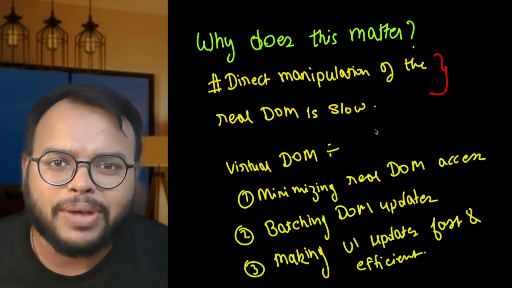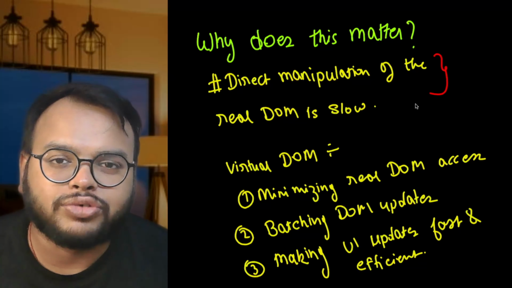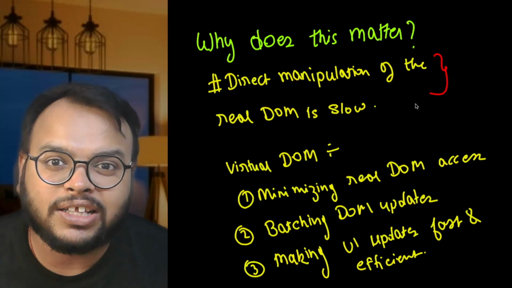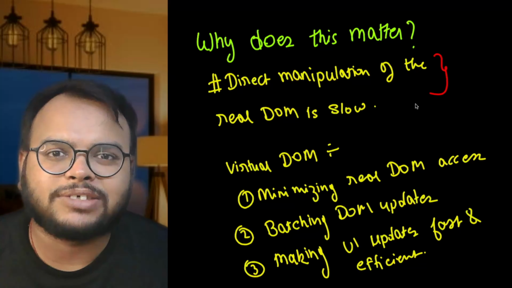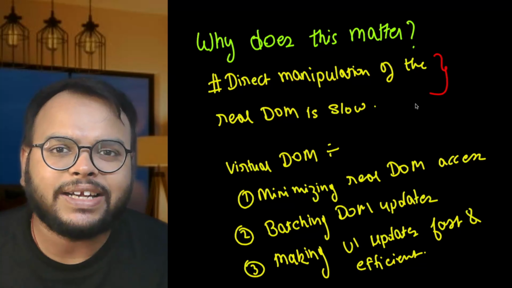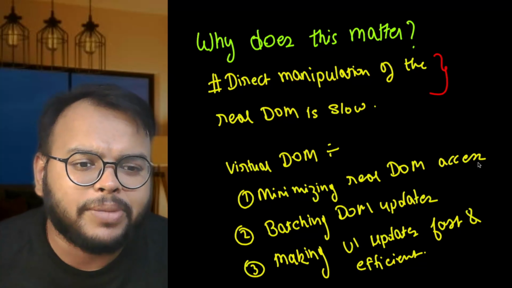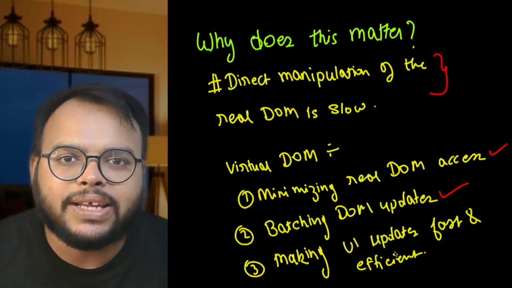The direct manipulation of the real DOM is slow. The browser has to recalculate the layout, reflow, repaint and trigger other expensive operations. So updating the DOM for small changes multiple times will definitely degrade the performance. So the virtual DOM solves it by minimizing real DOM access, batching the DOM updates and making the UI